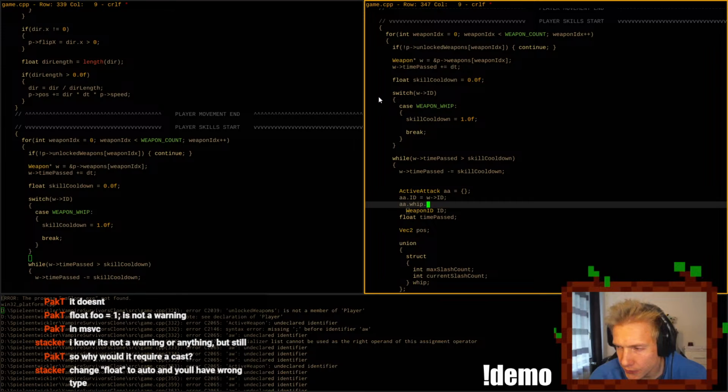But actually the active attack can just be put. Do we need a position for the active attack? I don't think we need the damaging areas, but maybe I'm stupid. But nah, maybe we do. We need damaging area, yeah.